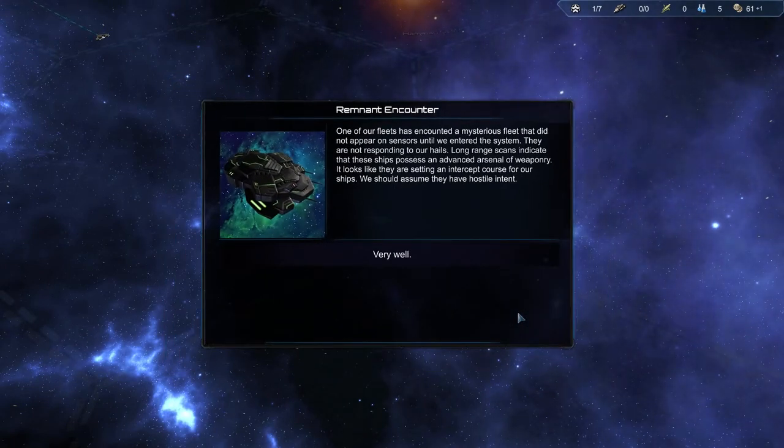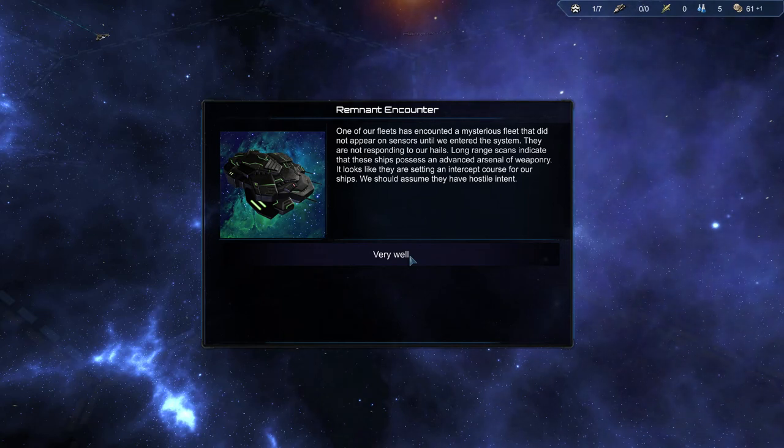One of our fleets has encountered a mysterious fleet that did not appear on sensors until we entered the system. They are not responding to our hails. Long-range scans indicate that...